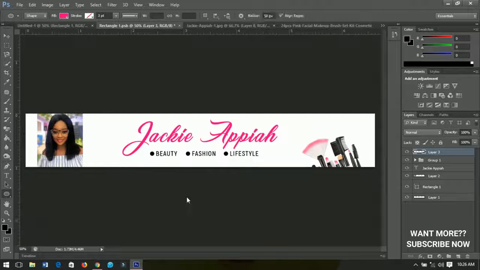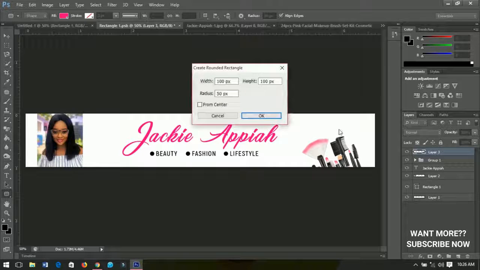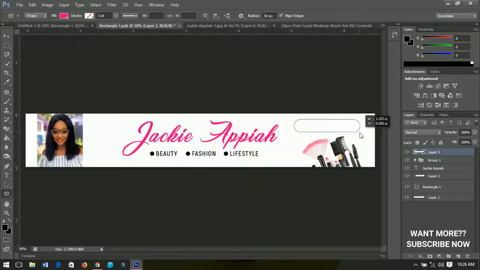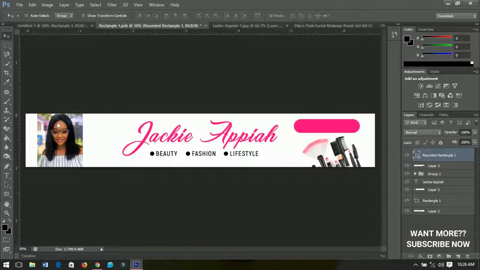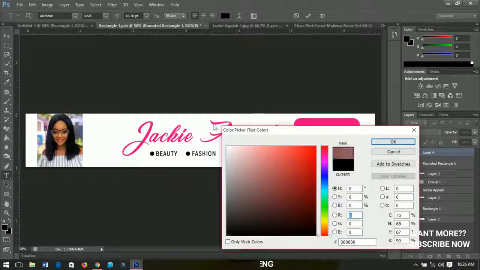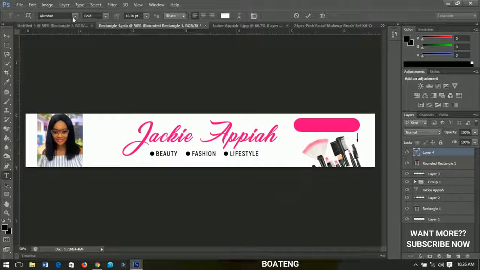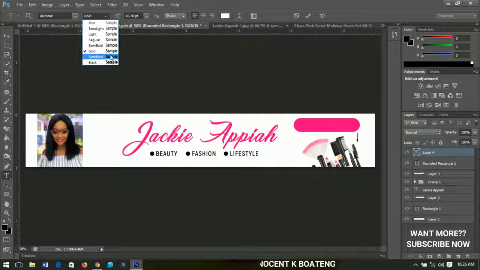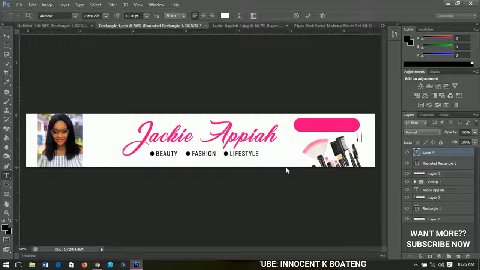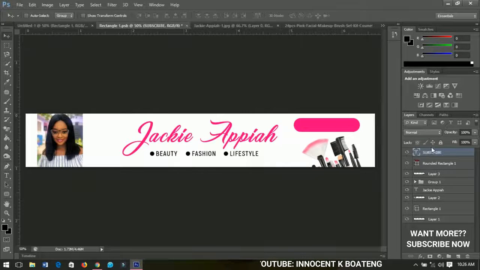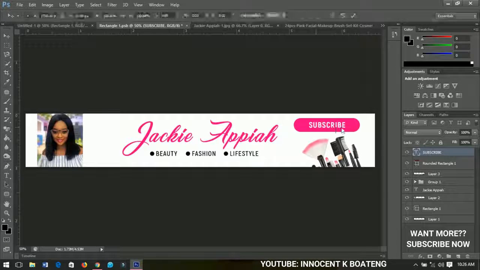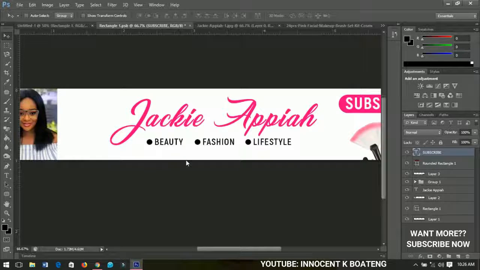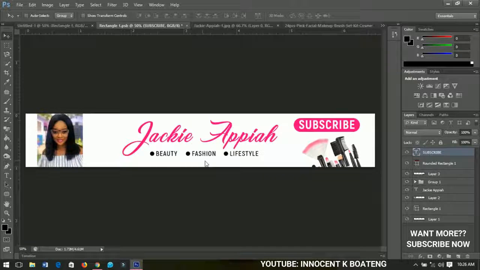So I'll select the rounded rectangle, and then I'll go ahead and draw a rounded rectangle over here, and then it automatically picks the color that we are using, so no need to change the color. Now let me add a text to it. I'll change the color to white, and then I'll use this time around the bold, extra bold, and then I'll type subscribe. Alright, so when you're done, you can just bring it inside this one. Press Ctrl T, and then you can increase it out. So boom, we are just done with a very simple beauty and fashion, but let's add a little thing to